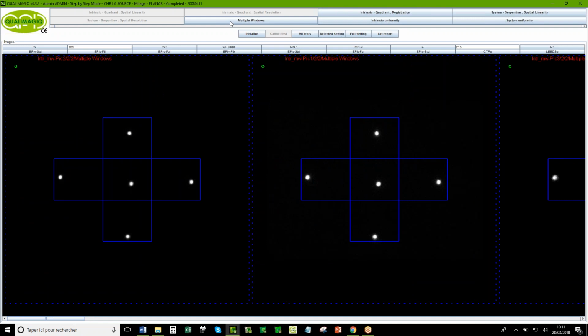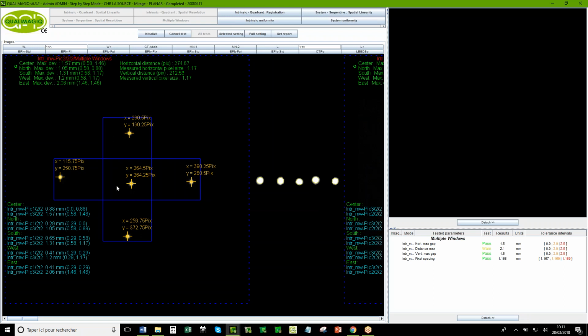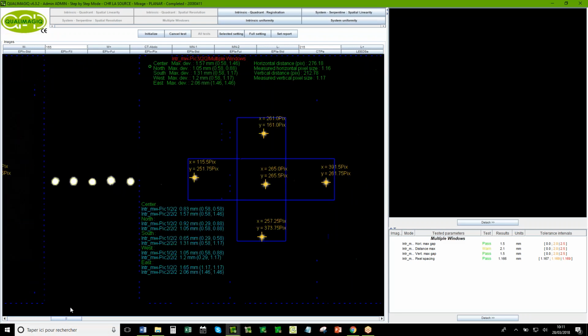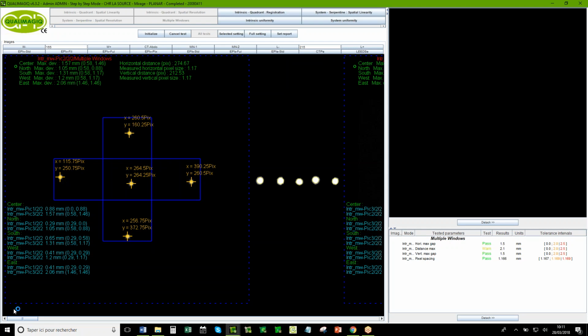So we can start with this test first. And what we do in this test, we detect the point source, and we have the coordinates of the point source, and we compare these coordinates between the different energies.